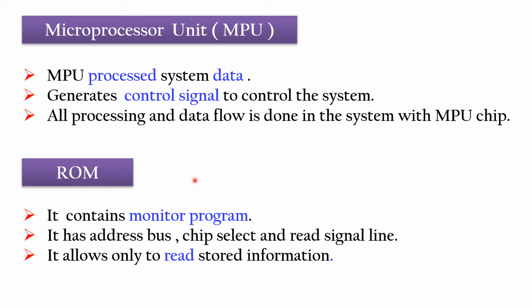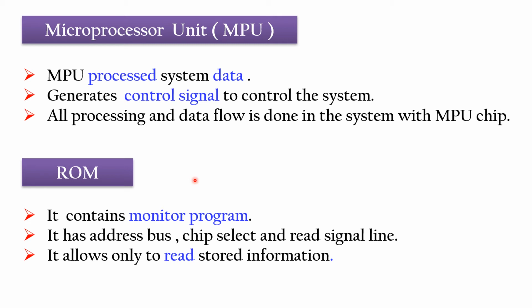The next block was program memory ROM. ROM, we already studied in 11th standard among the different types of semiconductor memories. So ROM is non-volatile memory. The content is retained even when there is no power. The content can be set by fixing it during manufacturing or burning it using programming devices. So we can write a set of instructions in it permanently by burning it or during the manufacturing.